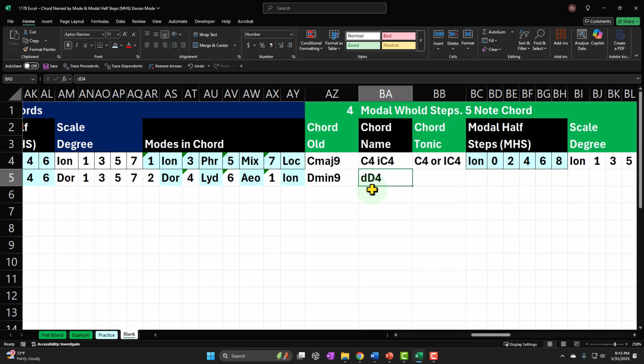I don't need to worry about whether the 9 is a major 9 or a minor 9, or what it is compared to the major or minor key, because we're just building a chord off of the Dorian scale degree. So just take every other note within it. And you might say, well, what happens if I go around the circle? Well, that's the convention. I don't need to keep going up. The convention is that you take every other